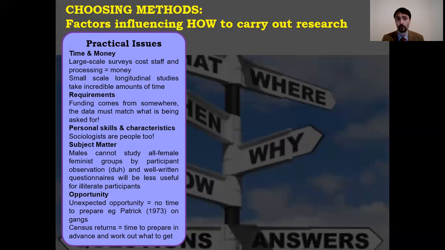There's also personal skills and characteristics. A lot of researchers have particular confirmation biases anyway, and particular things they're good at and things that they worry about. So, for example, were I a researcher, I have an affinity with numbers and charts and data and graphs, as you know. One thing I'm less enamored with is the idea of in-depth interviews. I get very uncomfortable very quickly, and I'd probably make you guys uncomfortable too. I don't have that kind of rapport.